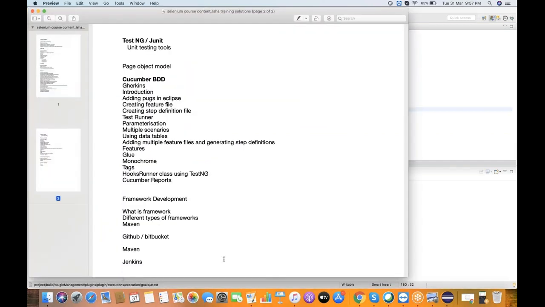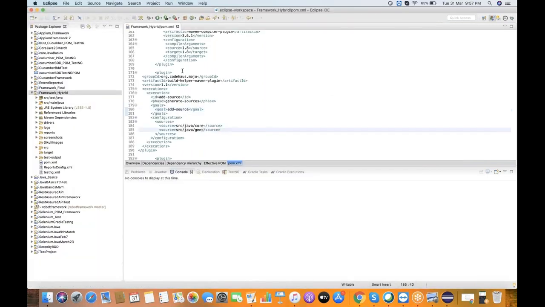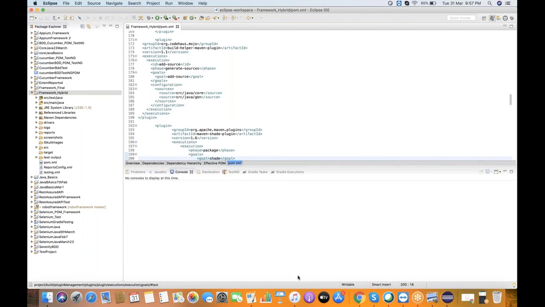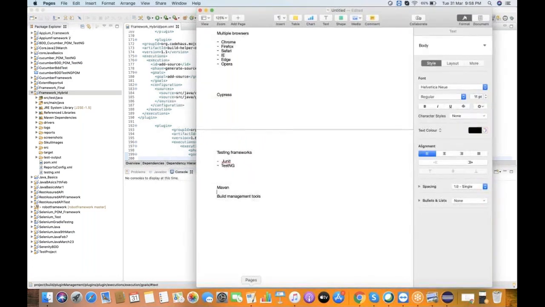So for that reason, I'll be creating a Maven project. Once we are done with core Java, I'll create a Maven project and add all those dependencies which we need to work moving forward. Even in real time, if you want to create any framework, it will be a Maven project only. It's a build management tool. We'll be creating a Maven project and adding dependencies from scratch. We'll be updating this project, and we'll perform those things.